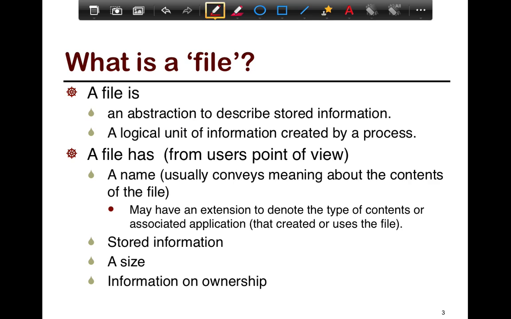So what is a file? This is a very abstract definition, and it's purposefully abstract because a file can mean a lot of different things. For example, a file could be storing a graph, it could be storing records, or it could be just a sequence of bytes, like a media file. So a file is an abstraction that the programmer sees to store information.